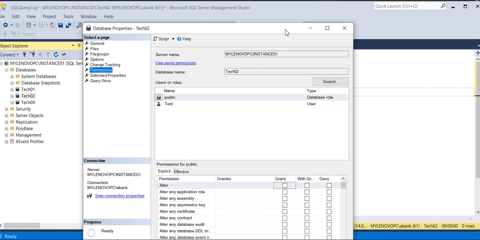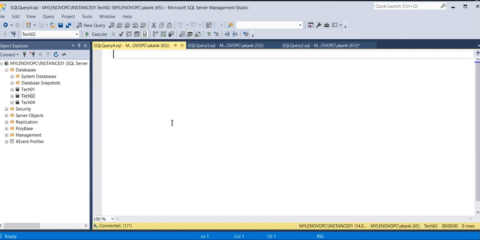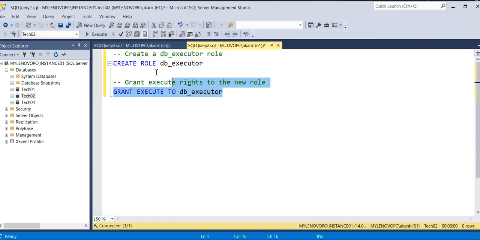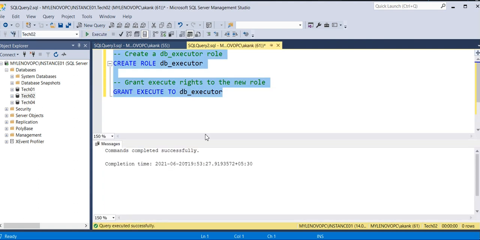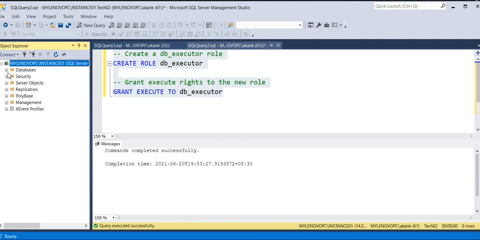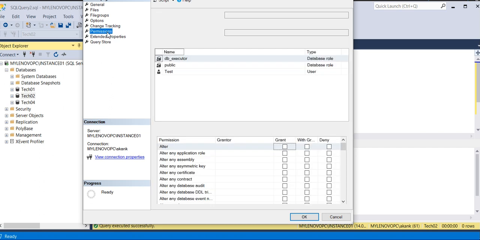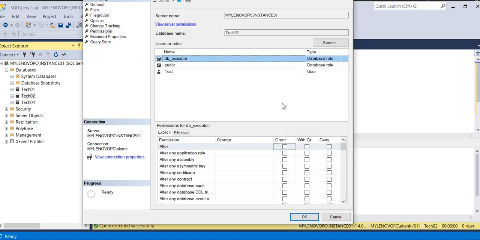So I will create the role and execute it. You simply need to execute it. Just refresh the SQL instance and you can see here that tech02 now has the role created, DB executor. So DB executor is the role created.